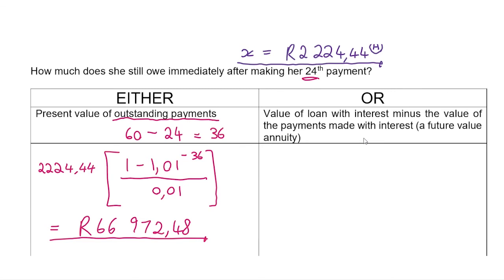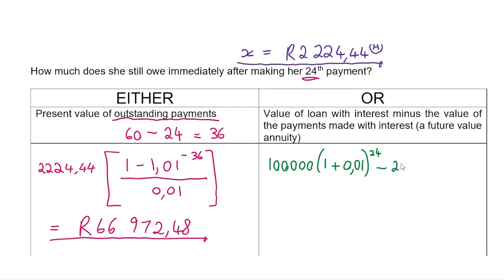And because we're talking about the value of some payments with interest in the future, it's a future value annuity. So the other way of doing this is to take our loan of 100,000 Rand, to put on normal interest, so our I value here, 0.01, 24 months worth. And then from that, subtract, and I'm now going to use the future value formula,